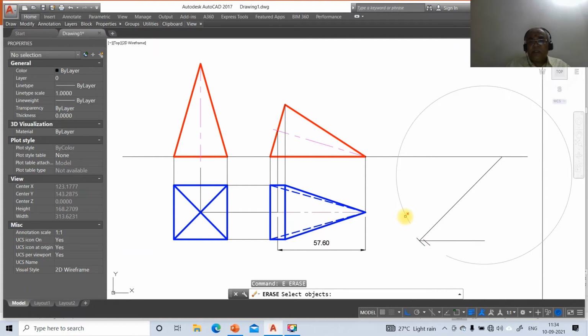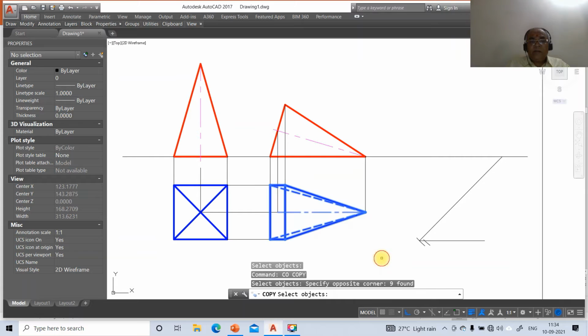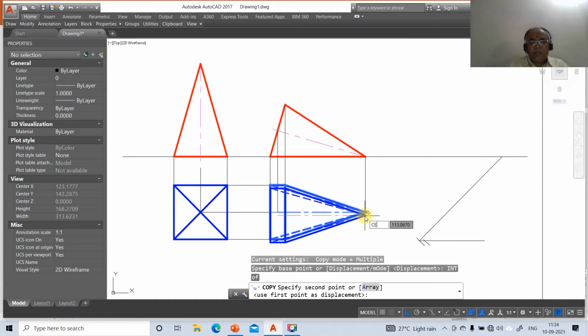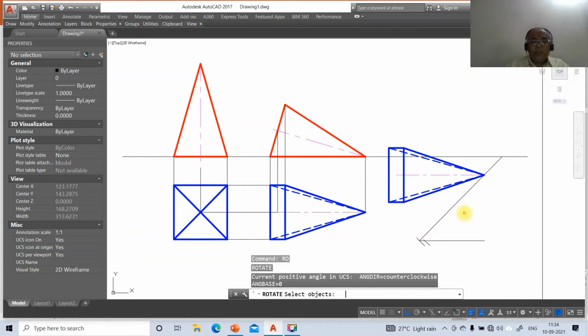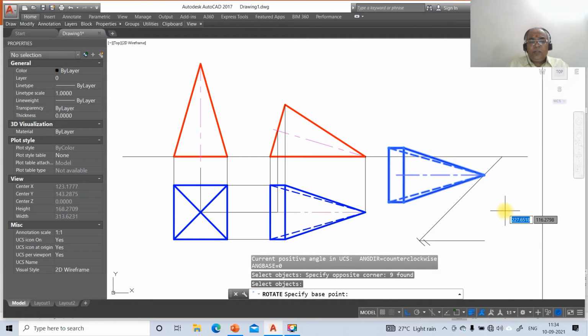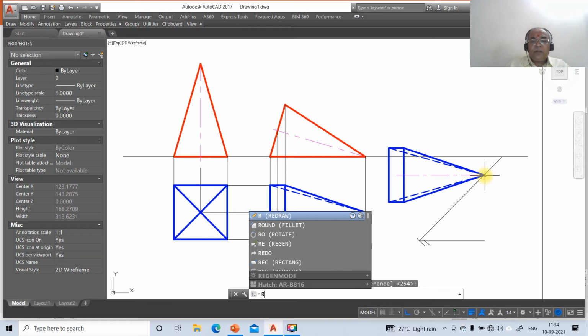Then go to erase, then go to copy, select this entire thing, then go to intersection point of this and take center of this line. Then go to rotate, select this entire drawing, then go to base point, intersection of this, then go to